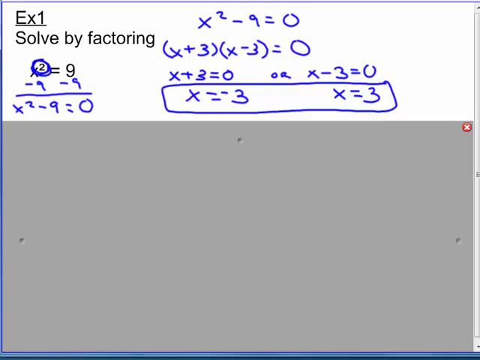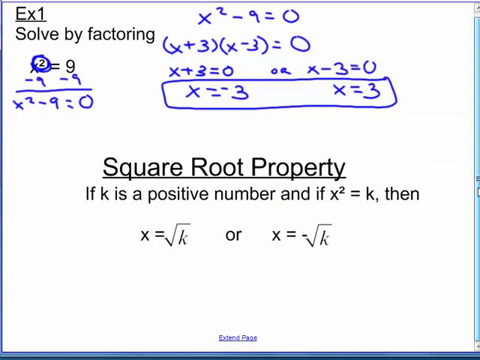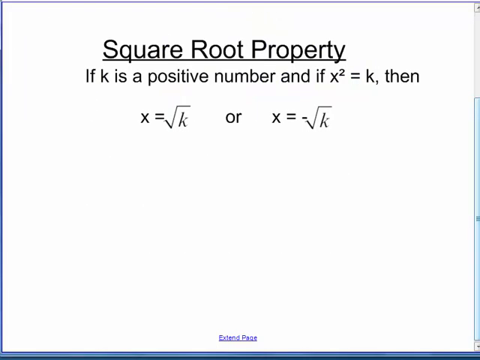So when I have something that is squared, in order to get rid of it, I take the square root. The square root property says this: if k is a positive number, meaning we have x squared equals a number, a positive number. Remember, we can't take the square root of a negative yet. Then we get two answers here. So when I have x squared equals 9, to get rid of something that is squared, I can make two equations. I take the square root,